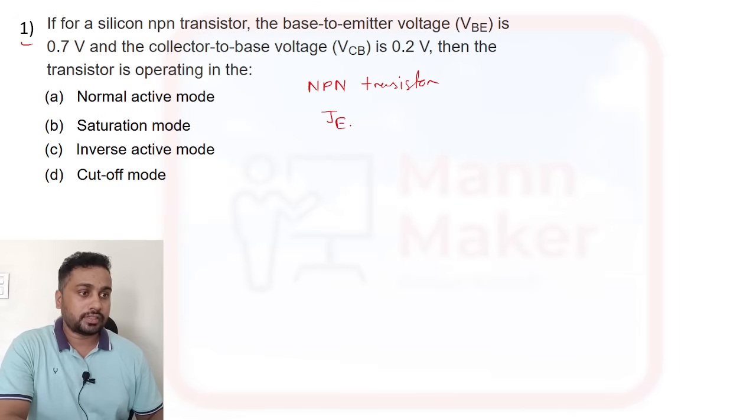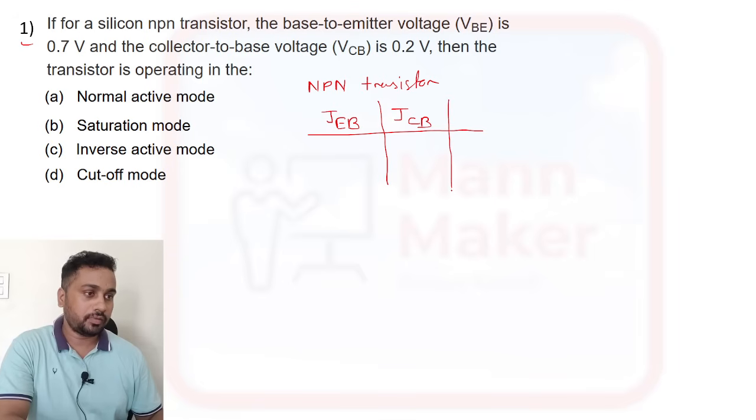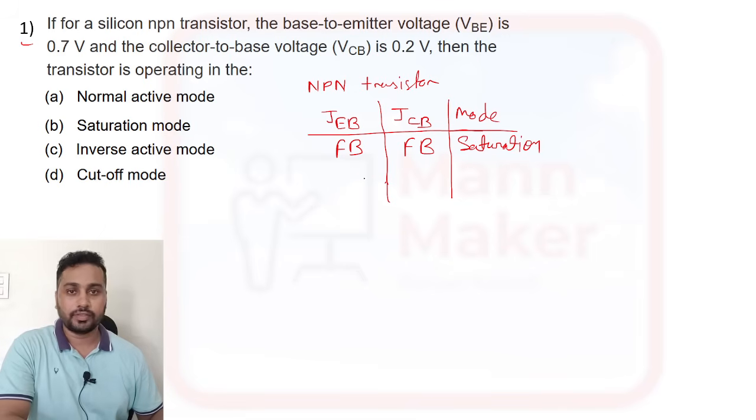When the junctions, emitter base and collector base, are both in forward bias, then this transistor mode is called saturation region. When both junctions are biased in reverse bias,